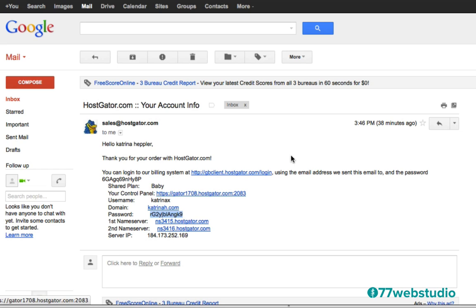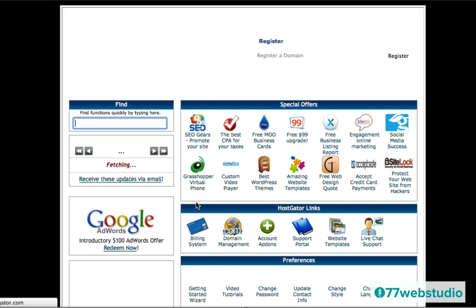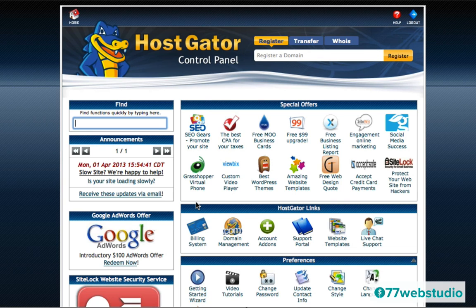and to log into your control panel, you'll use this link. So this is a really good email to keep in a safe place for future reference because you will be needing this information as well as the link to the control panel to log into your HostGator web hosting account. So I'm going to click on this link here, and then here is my username. You want to type in your username here that was found in the email, and then you want to add your password right here as well. Once you have that set up, you want to click on Login to log into the control panel of your web hosting account.